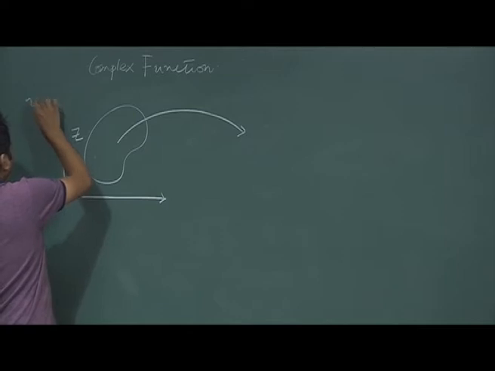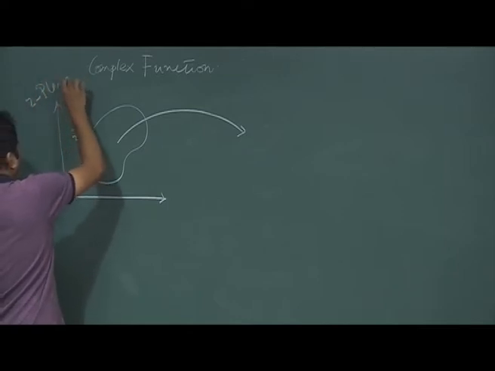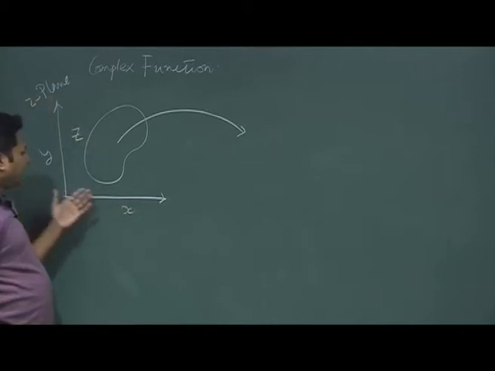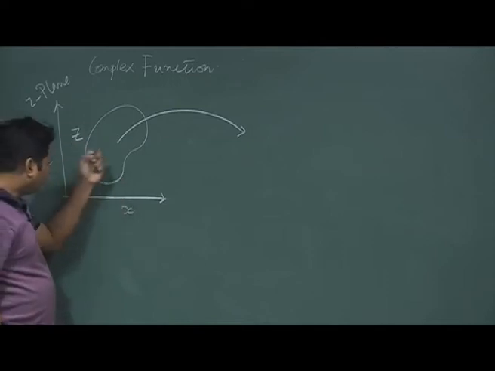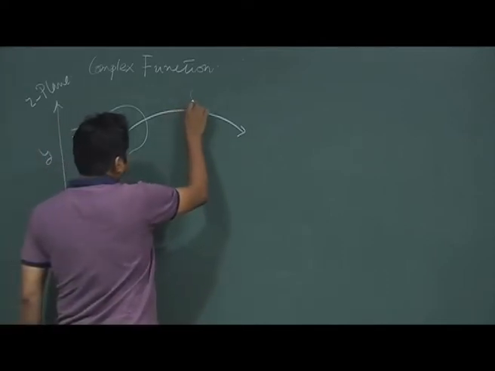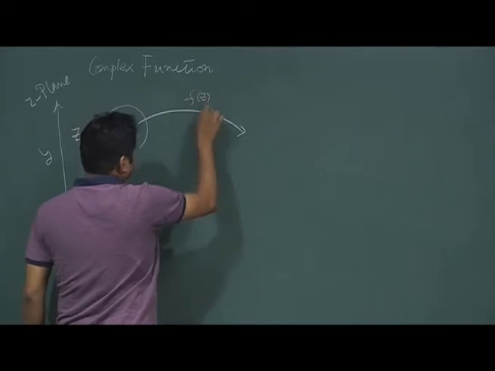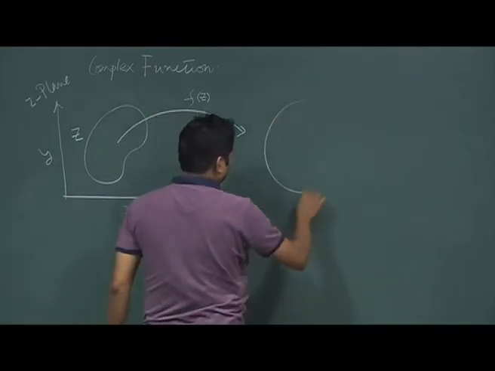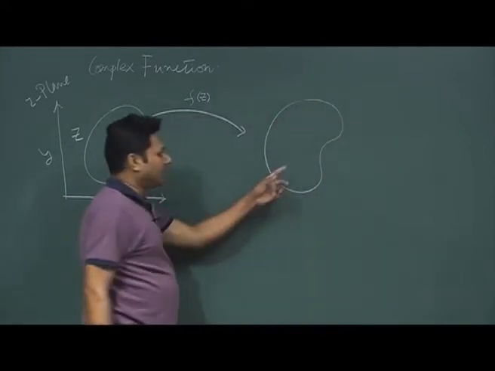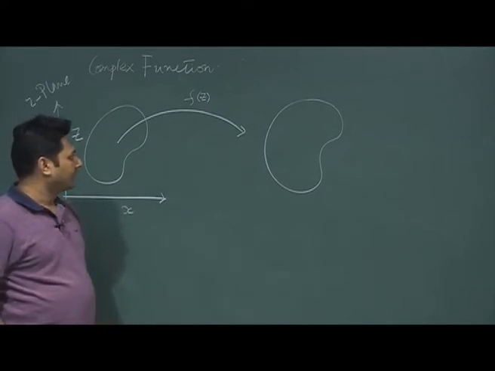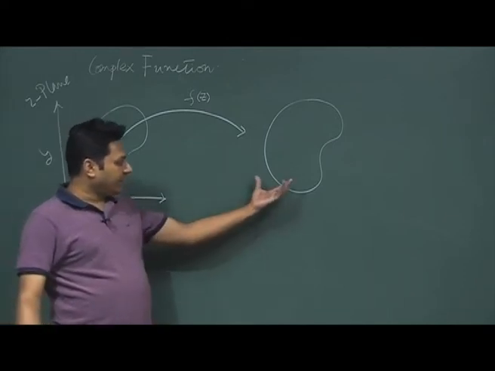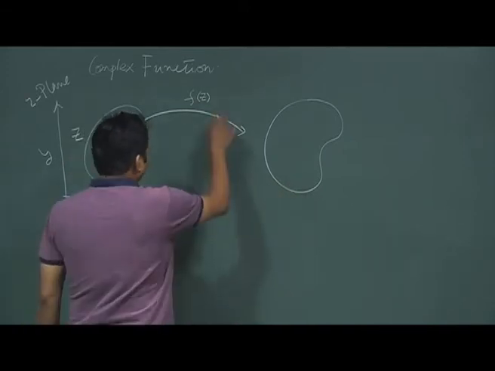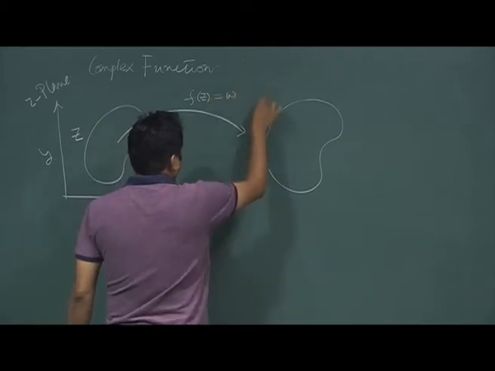So, this is called the z plane, this is x and this is y. In the z plane I have a distribution of points, and over those points I apply the rule exactly the way I did before, and as a result I get something here. Now, the question is, whatever I am getting is also essentially a complex number. So I call it w, and I can also